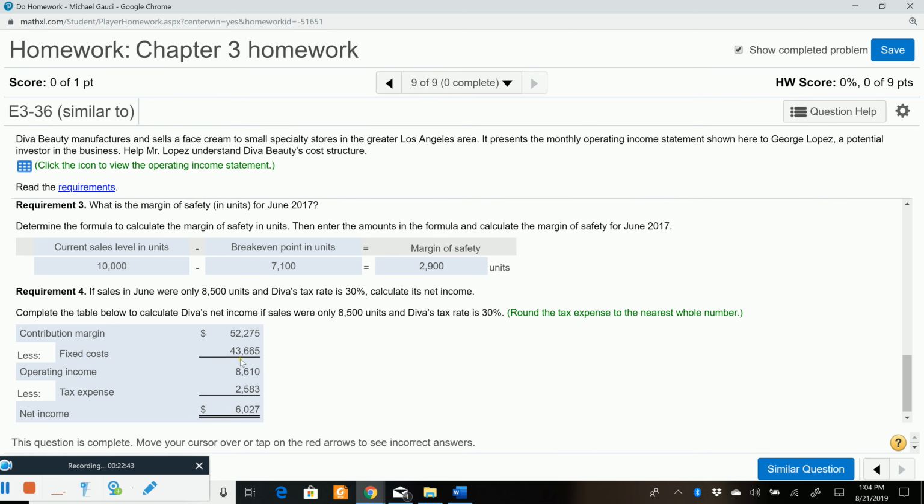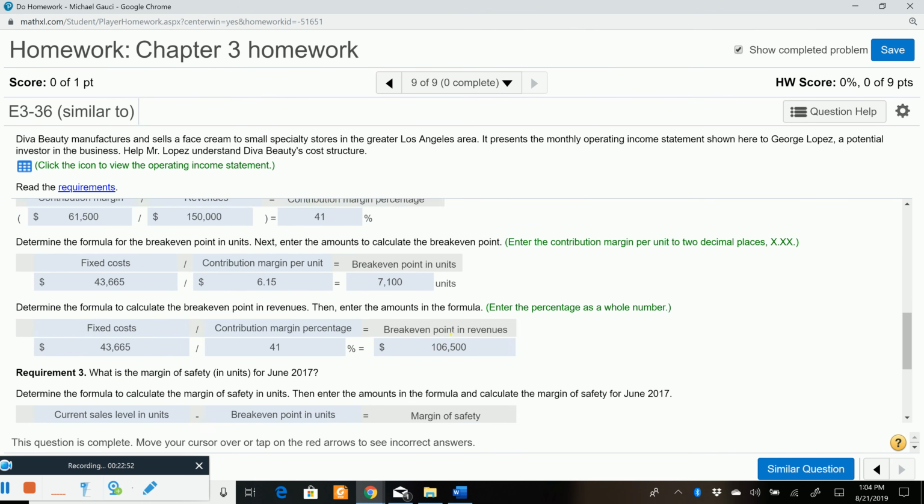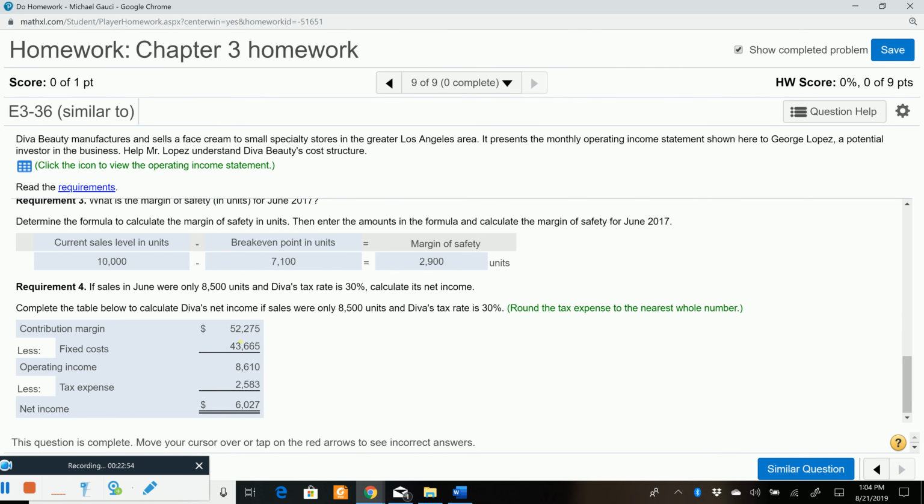Minus the fixed costs. Remember, the fixed costs, they stay the same. And we said the fixed costs are $43,665. They remain the same regardless of activity. Your contribution margin minus your fixed costs gives you operating income. Operating income is $8,610. And if the sales tax rate is 30%, we will take that $8,610 and multiply it by 30%, and we get our tax expense of $2,583. Subtract that from your $8,610, and you are left with your net income of